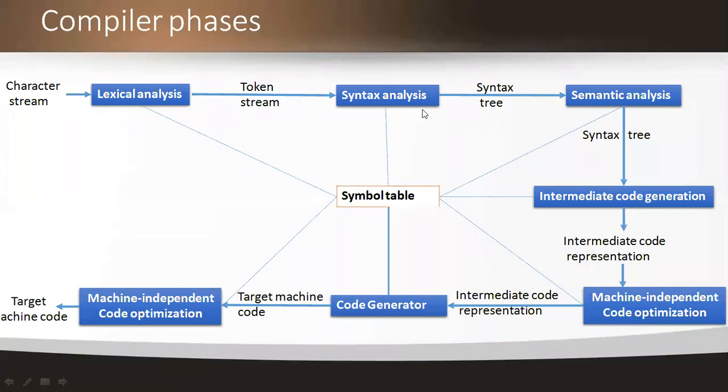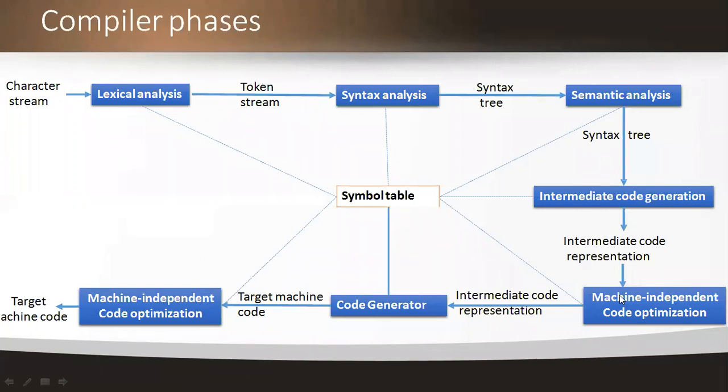When we go into detail about each and every phase, then we can know what the 3-address code format is. And then the output that we generated from the intermediate code representation is converted towards machine code. Now we are converting from machine independent to machine dependent from this phase onwards. And now machine independent code optimization. Now we need to perform the code optimization techniques, taking the input from the intermediate code generator, whose output is an intermediate code representation. This acts as an input to the code optimization.